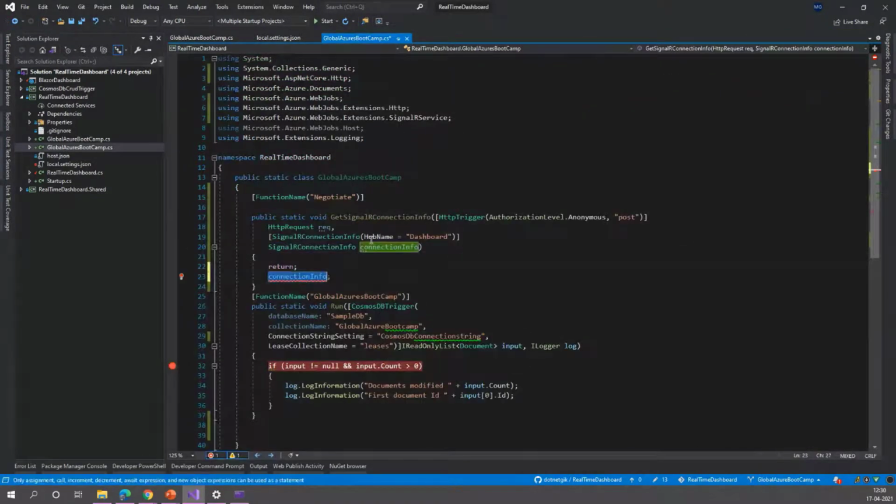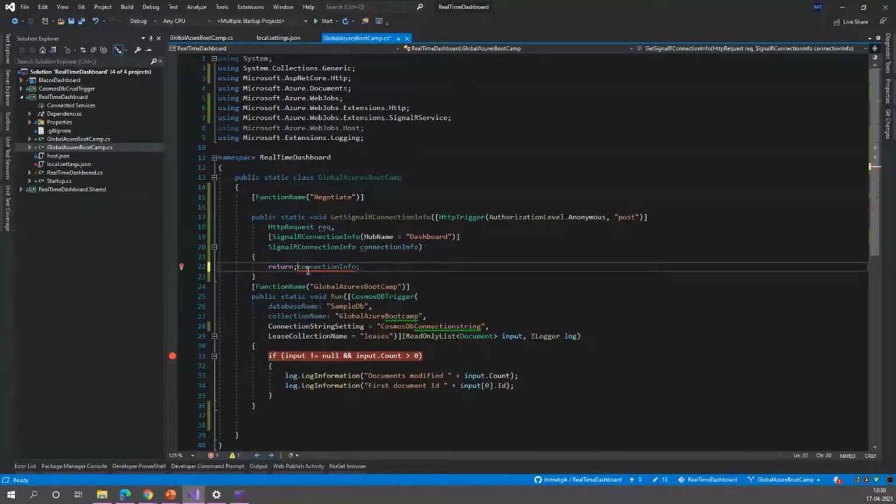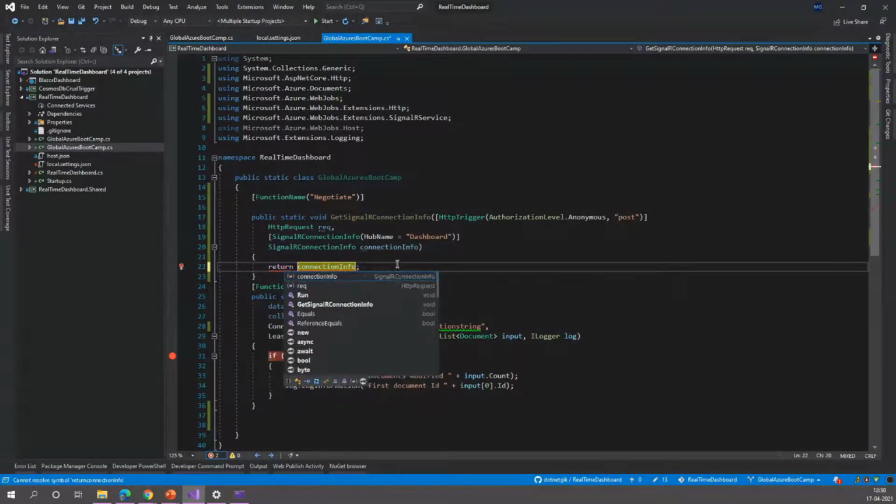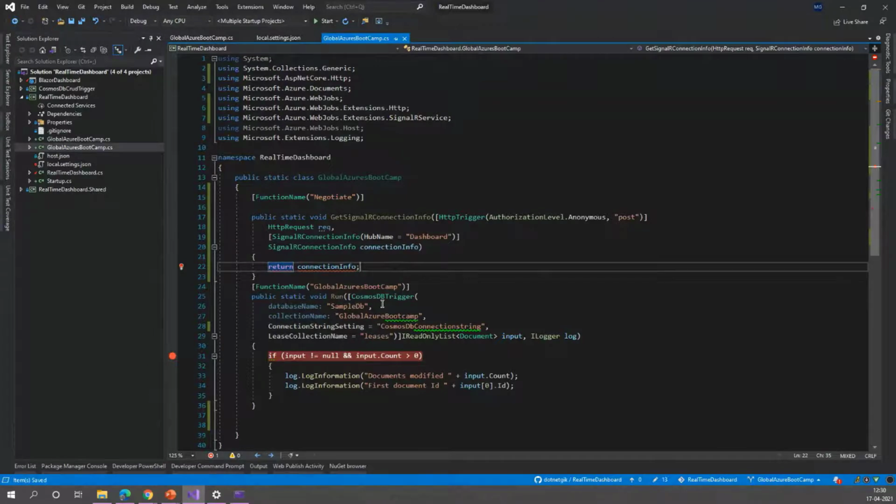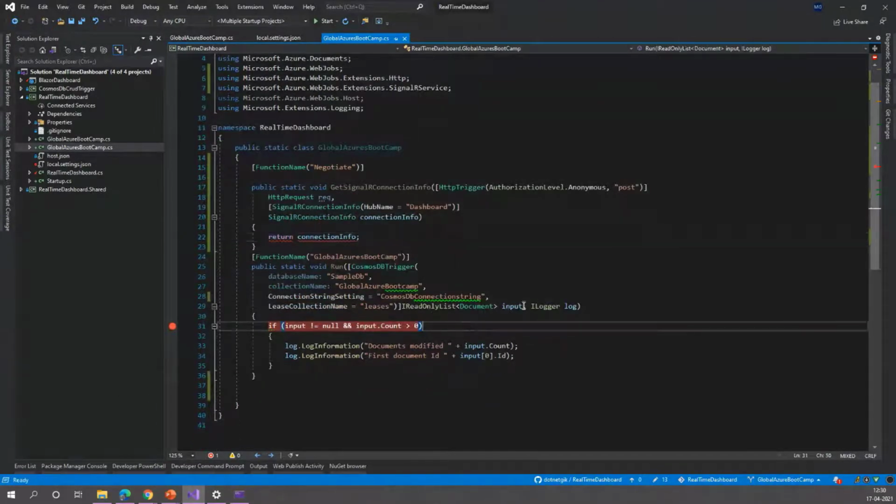So this is the first function in which we use the input binding of SignalR, and we just send the metadata which is needed for the client to initiate the connection. So this is about the connection info, or using the input binding of the Azure SignalR service.